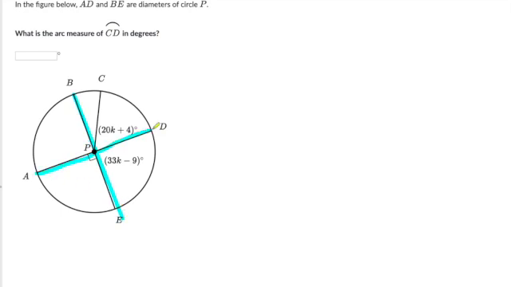You can always identify those because they go through the center. So even if they didn't tell us this, we know that those are diameters because those are straight lines through the center. Now, there's a couple ways to do this one, but one thing I might notice is if that's a right angle, then this one over here on the other side must be a right angle as well. So I instantly know that I've got a right angle here, and that makes an equation that I could solve. So I have 33k minus 9